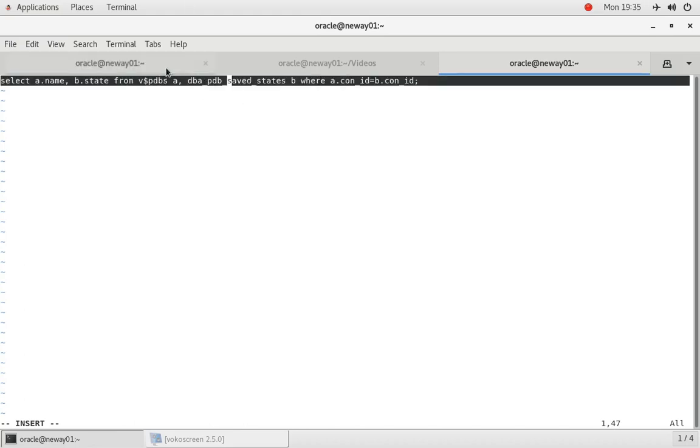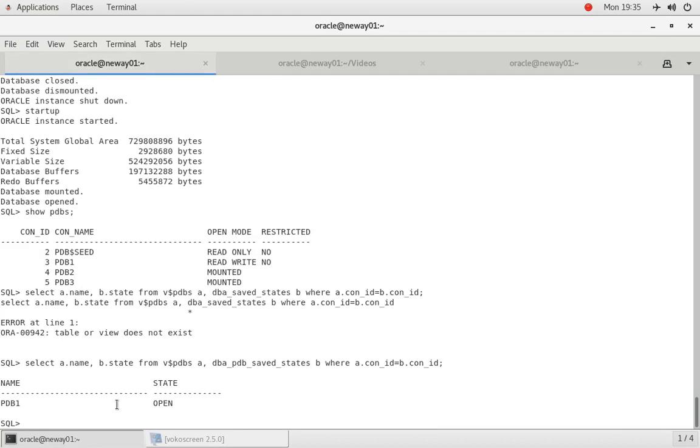So now let's copy that again and paste, right? You can see that PDB. Cool. So now if I do alter session set container equal to PDB2,